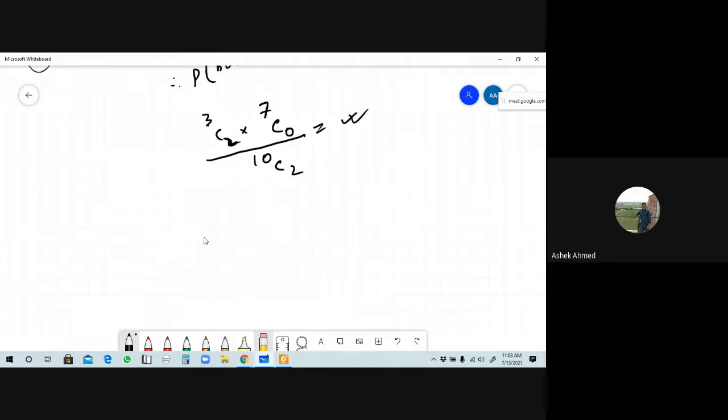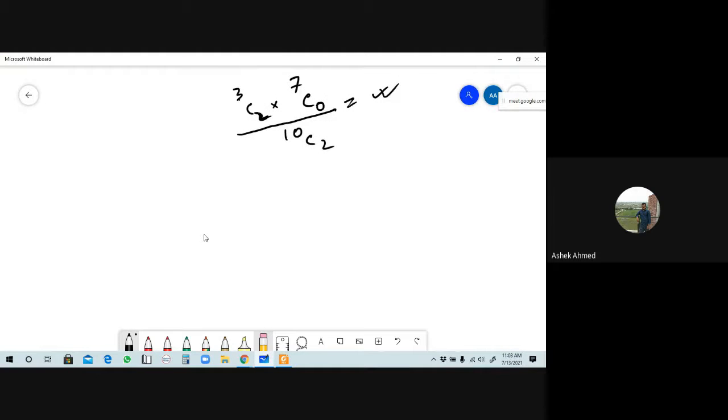Tell me here, in a pack of cards, how many cards are there? 52 cards. Okay. And tell me how many spades are there? 13. 13 spades. Okay, so from here you can say that probability of